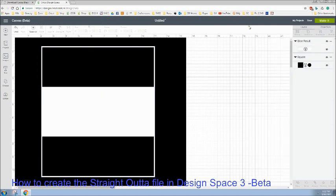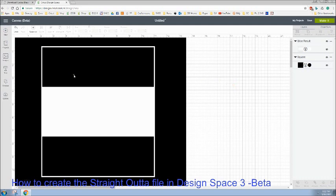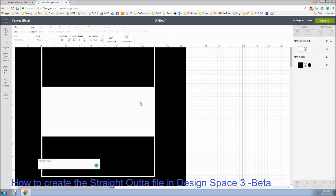Now, if you were already logged into Design Space before when you loaded your font and installed it, you will have to go in, log out. I would reboot. Mine would not load, and I rebooted, did my cache, everything. Well, I say rebooted. I closed out Design Space and logged out, and it still didn't come in. I rebooted, and it brought the font in. So the next thing you want to do, once you're able to see the font, is type